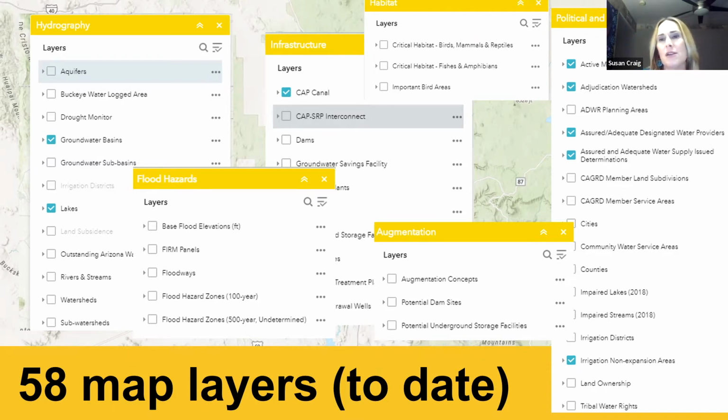And then what Sarah was just talking about, we have an augmentation concepts layer, which I will show you when we go through on how to utilize the blueprint. And then political and regulatory boundaries, like we said, the AMAs, the active management areas, we've got those. We've got irrigation non-expansion areas, lots of things from the Department of Environmental Quality and Department of Water Resources, those types